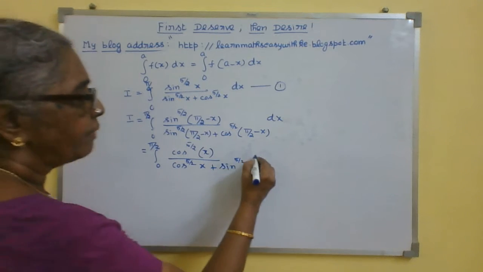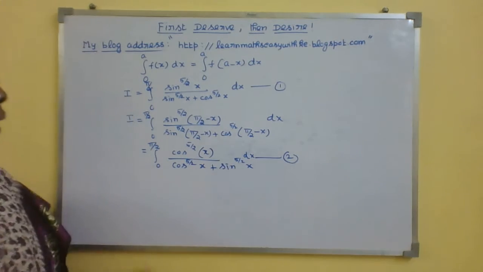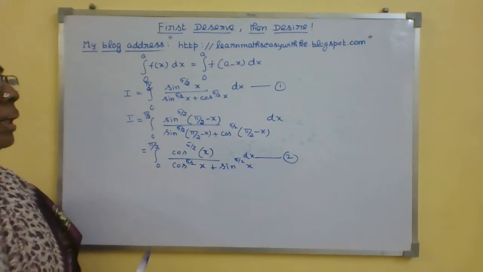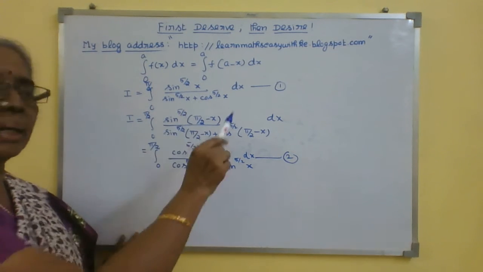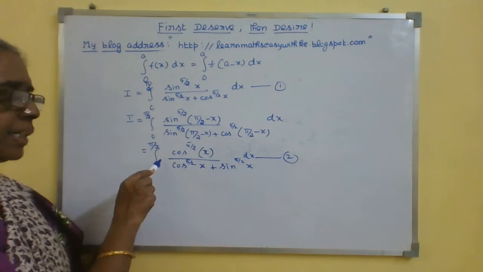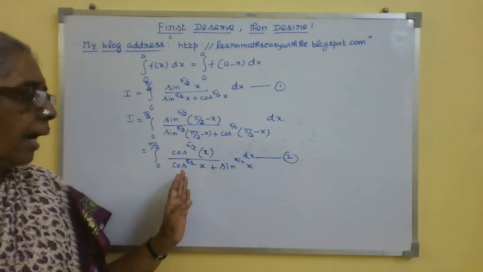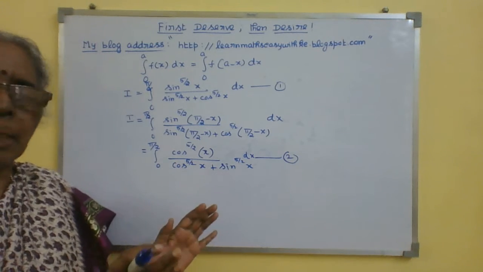So now I will call this my step 2. Here in the first step 1, I have got the given sum. In the numerator I have got sine power 5 by 2 x. The denominator has both the things. Now in my step 2, in the numerator I have got cos power 5 by 2 x and in the denominator I get the same thing. So this will be the thing for all the similar sums.